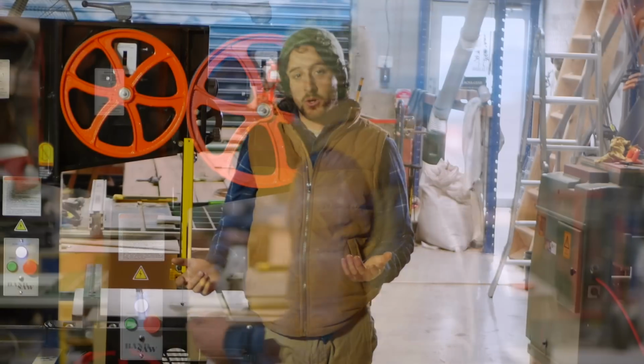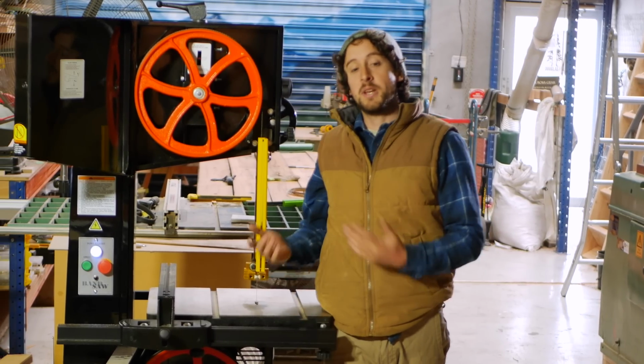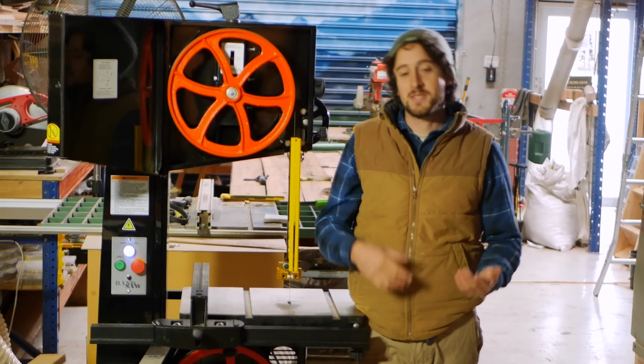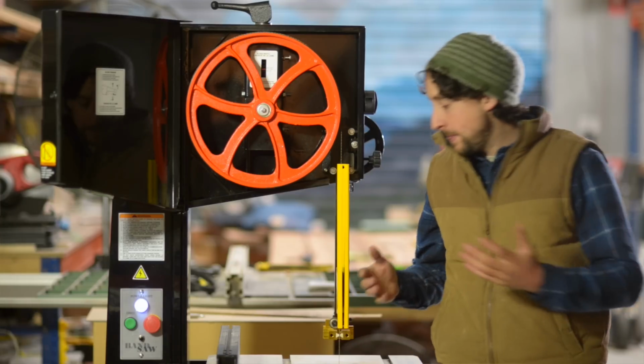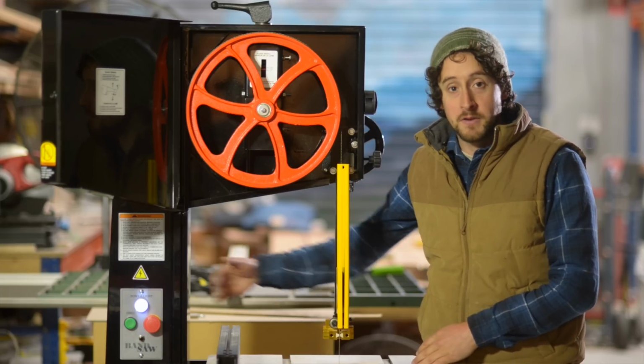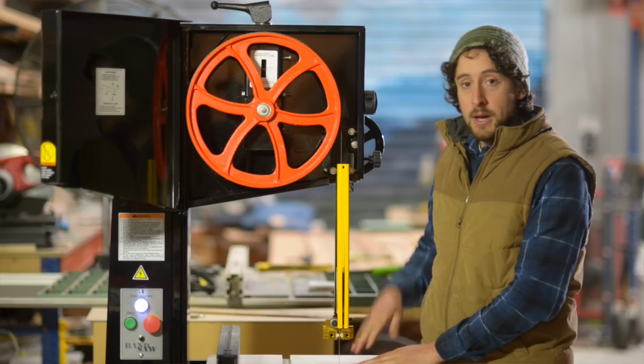So I needed a bandsaw that was going to have enough power for the work I wanted to do. So obviously, depending on what you're going to do and how big your shop is and what you can afford, that's going to affect all of those features. But this bandsaw gives me about 350mm from the back of the machine here to the blade, and about 300mm